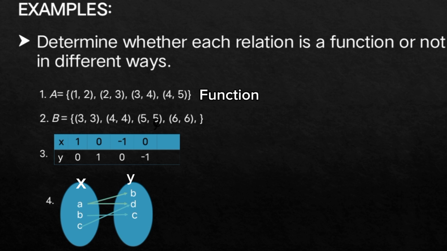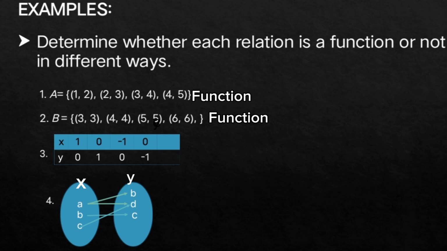Number 2, for set B, we have (3, 3), (4, 4), (5, 5), and (6, 6). For the domain, we have 3, 4, 5, and 6. And for the range, we have 3, 4, 5, and 6. As we observe, it is also a function because each domain has exactly one range. Number 3,